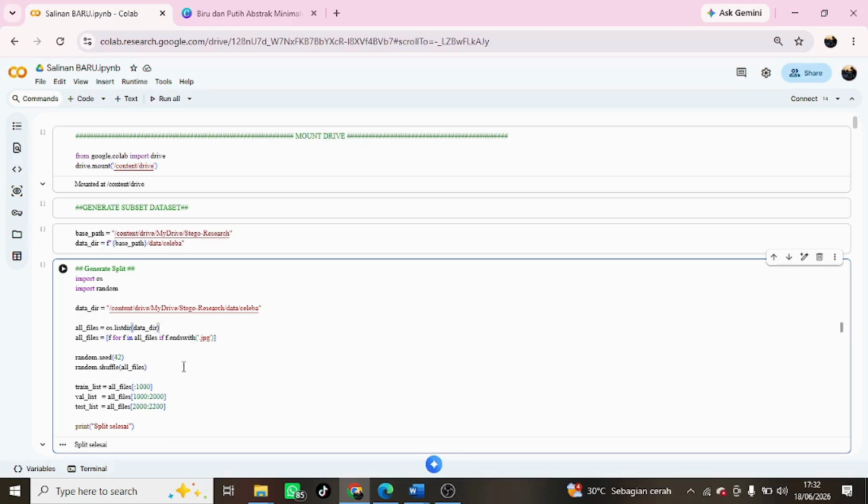After the data is randomized, the dataset is then divided into three groups, namely 1000 images for the training set, 1000 images for the validation set, and 200 images for the test set. The training data is used to train the U-Net model so it can learn the process of embedding secret messages.